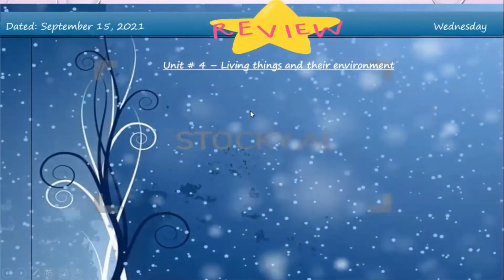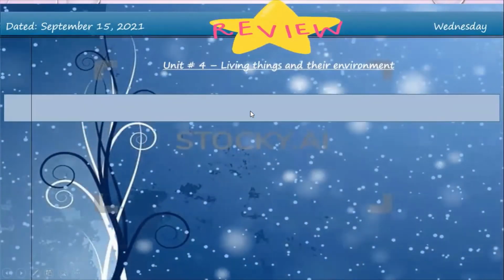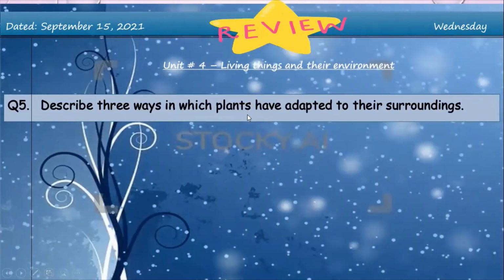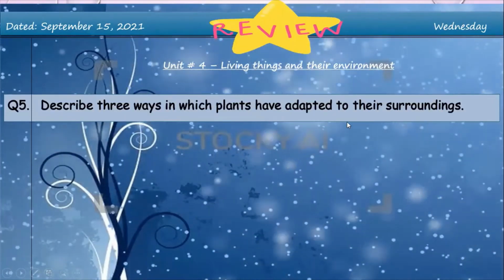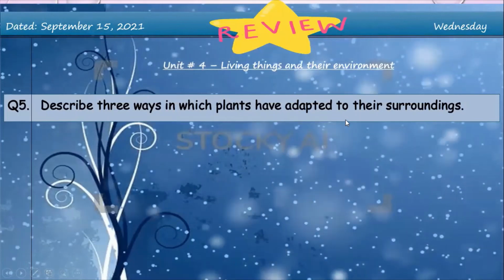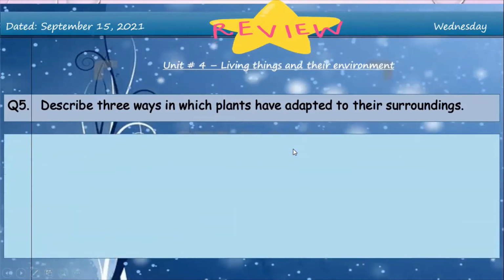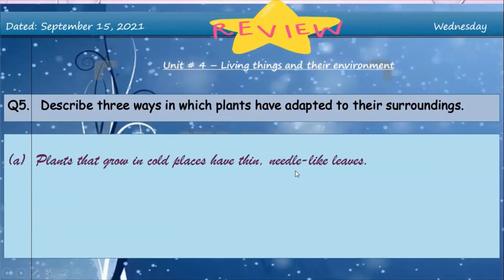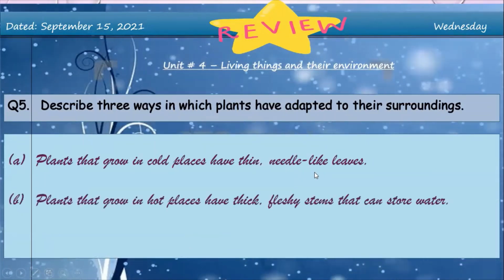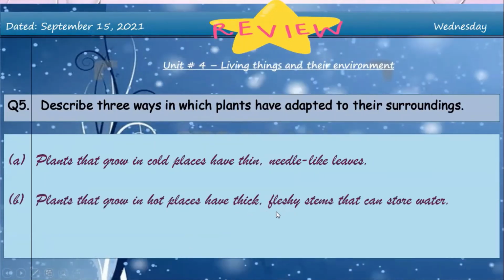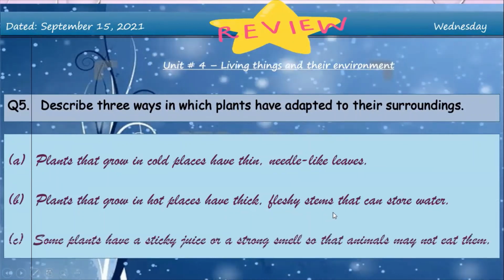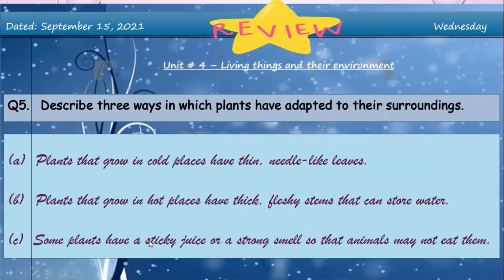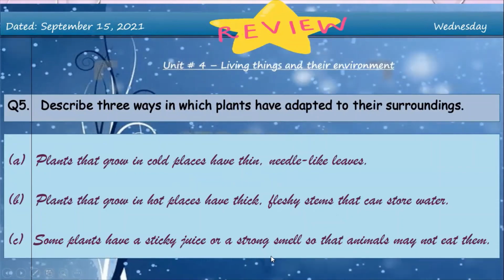Unit number 4, we are about to review question number 5. Describe 3 ways in which plants have adapted to their surroundings. Plants that grow in cold places have thin needle-like leaves. Plants that grow in hot places have thick fleshy stems that can store water. Some plants have a sticky juice or strong smell, so